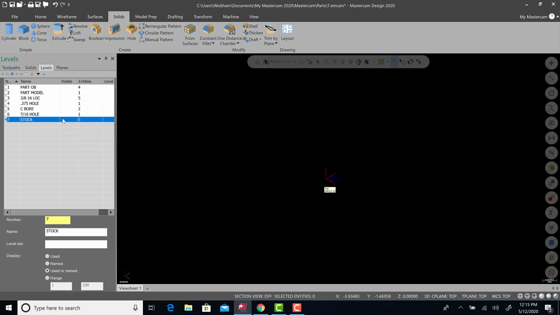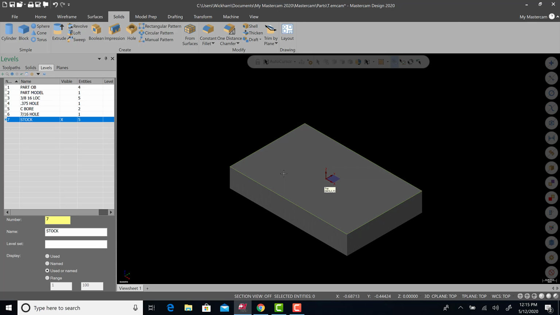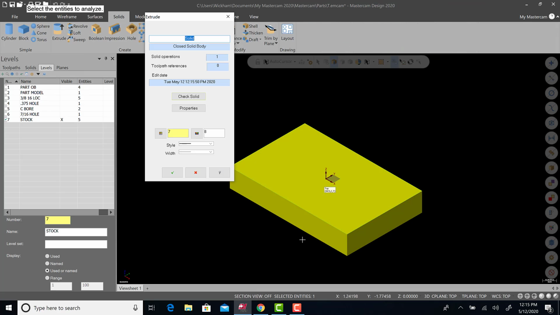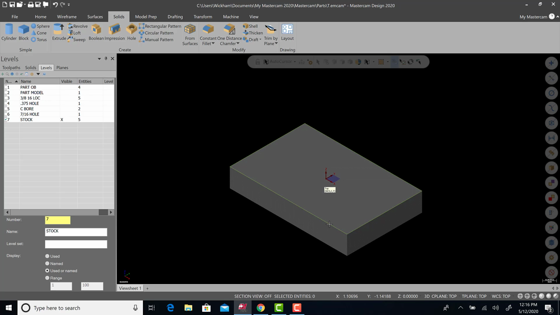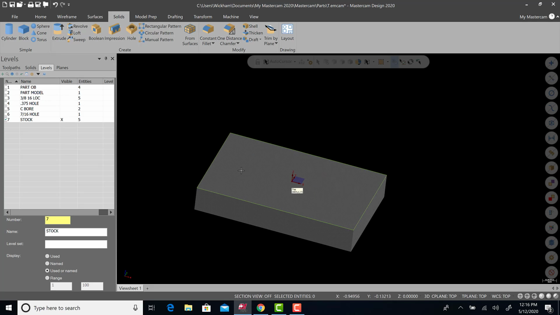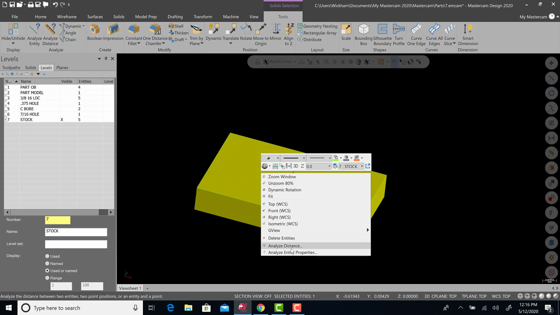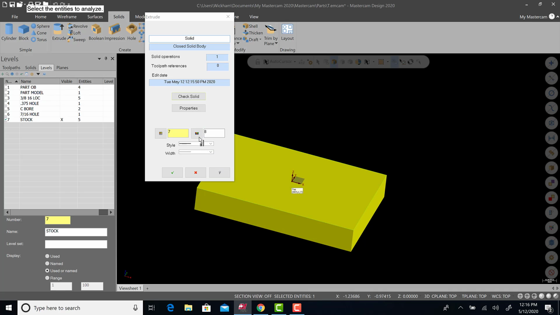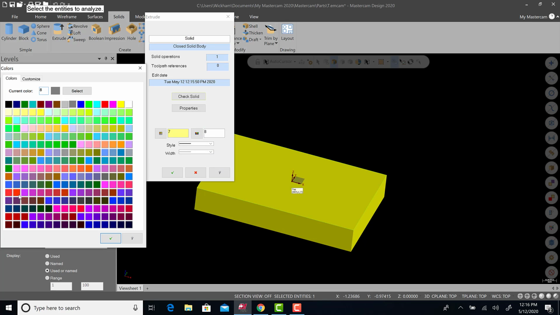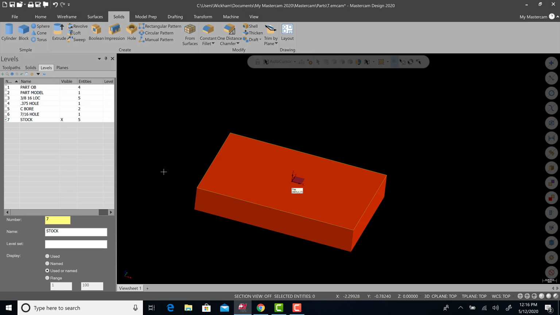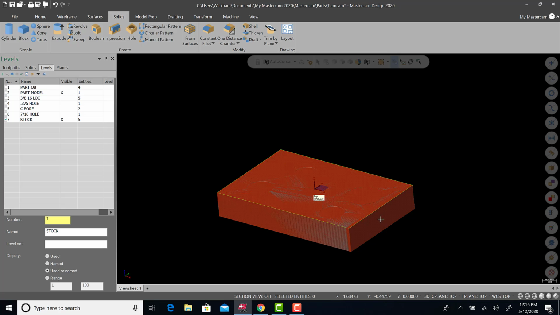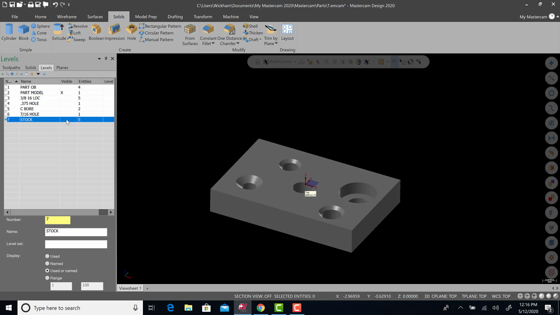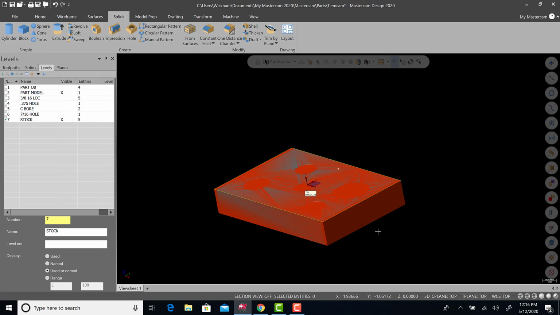Now notice the stock, everything on the stock is on one level. You can left click, right click, analyze entity properties on the solid and change the level if you like. You don't have to, but right now, just X out of there. I'm going to leave it the same. One thing we could do is change the color of the stock versus the part. It's irrelevant for now. It's up to you if you want to click on it, right click, analyze entity properties, go to colors, and we can make it red, which is sort of the default for stock in Mastercam, so green check, green check. Now there's that, and then the part model, you'll see it's in there, sort of gray. You can turn this on or off. Okay, so there's our stock,